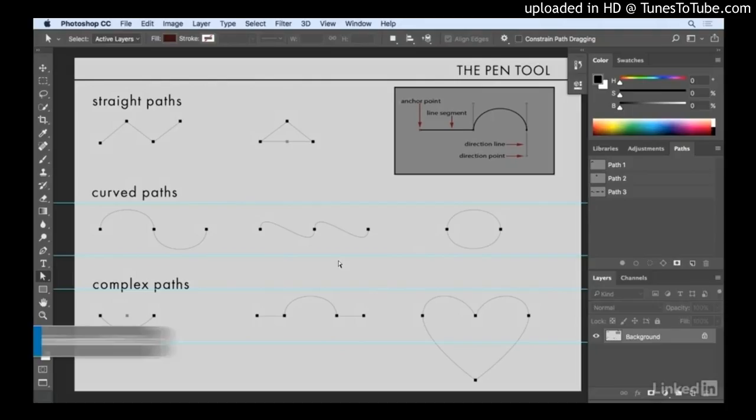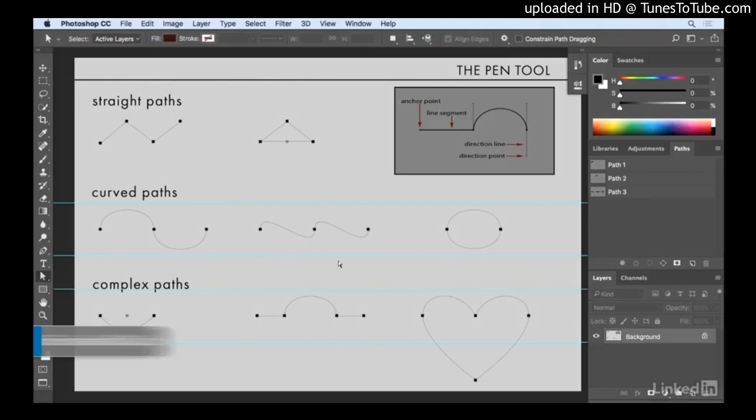I'll tap the P key to select the pen tool, and I want to make sure that I don't have any paths selected on the Paths panel. Then I'll click on the first black square there to set down my first anchor point, and then I'll click again on the second square. Now, in order to add a point, I will click on that gray square in order to add it. But if you recall, we can't just drag because if I click on that point, it's actually going to delete the point at this time. So what I'll do is I'll hold down the Command key that temporarily accesses the Direct Selection tool, and then I can reposition that anchor point.